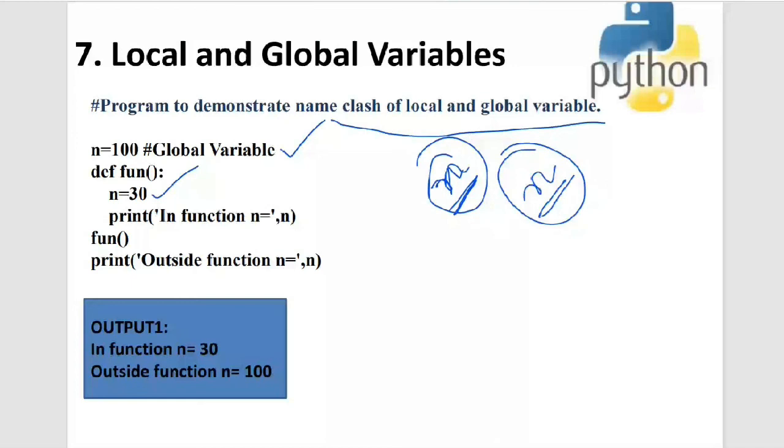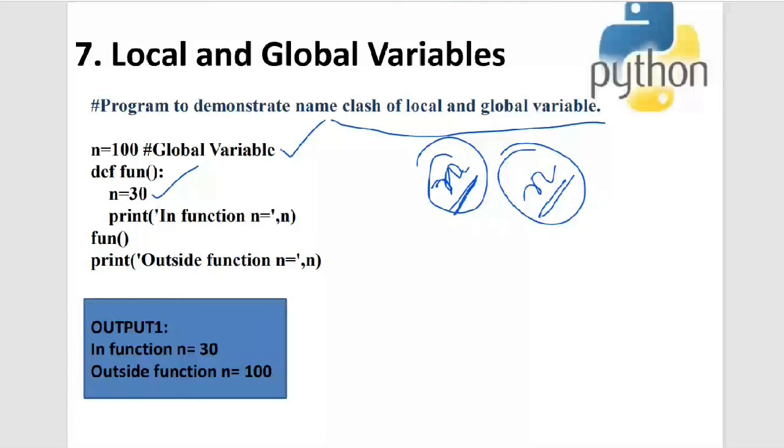It's not like you cannot give the same names to the local and the global variables. You can give it because within this particular function, it will only consider the local variable. So there won't be any name clash. It comes only if you're trying to access both, then you may get undesirable results. That's what I'm telling you.